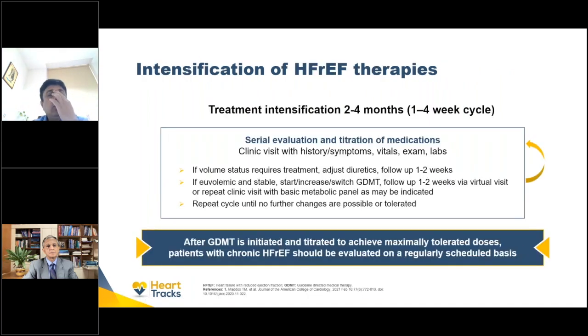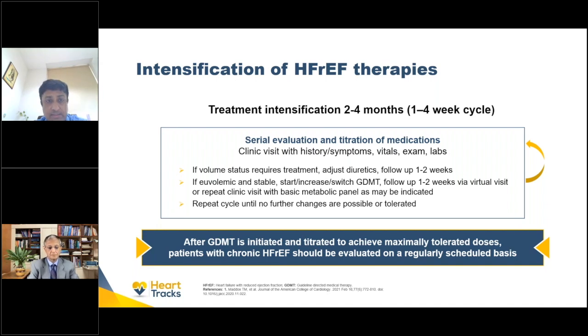Then after 2 to 4 weeks or 1 month, the drug can be adjusted. Increase the drug gradually to the maximum tolerated dose, and simultaneously get the kidney function test and other major organ laboratory investigations if needed. So the best way to do is that